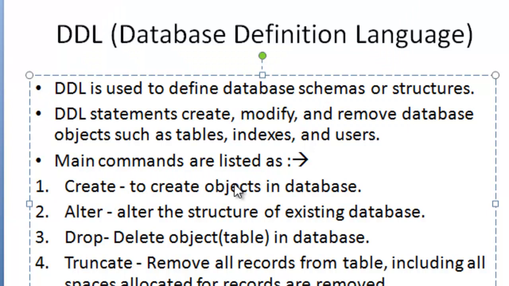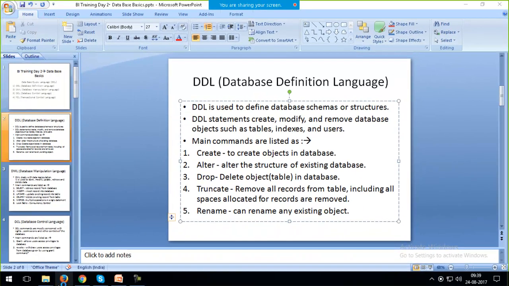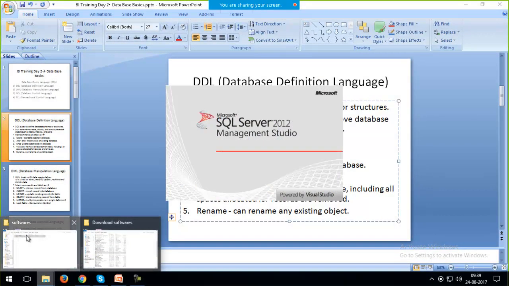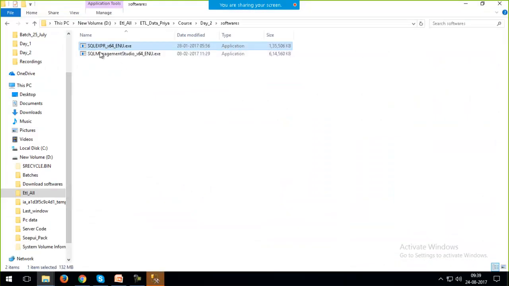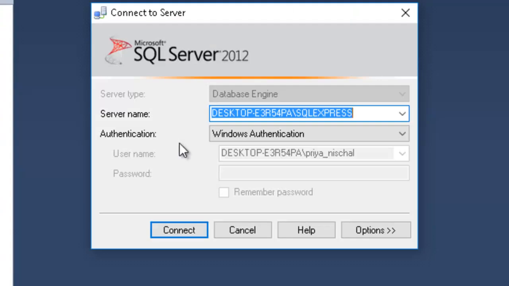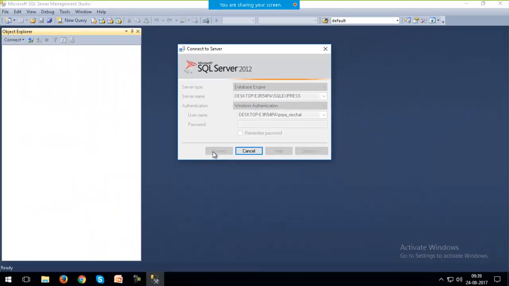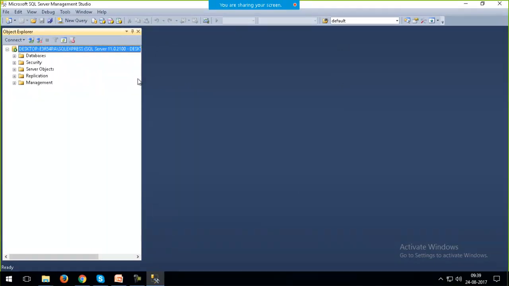So for that I am going to use SQL Server Management Studio. Okay, it is already installed on my PC. So it's over here. These are the SQL Express and SQL Server Management Studio. You can download both of these and then install them on your machine. Okay, it is already present on my machine, and I'll even share the versions which I'm going to use. If you face any issue during installation, then you can ask me. Okay, then I'll help you. So this is how my